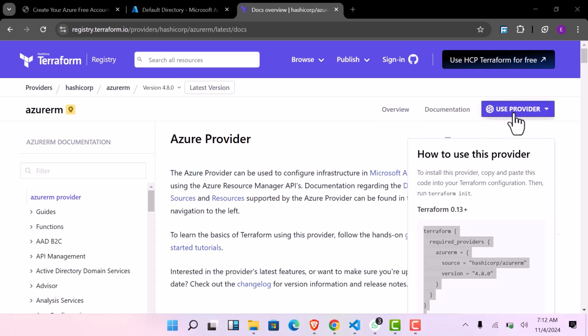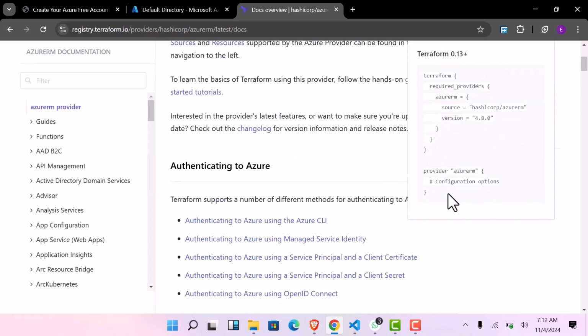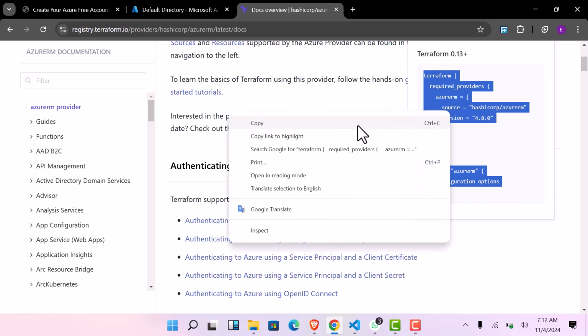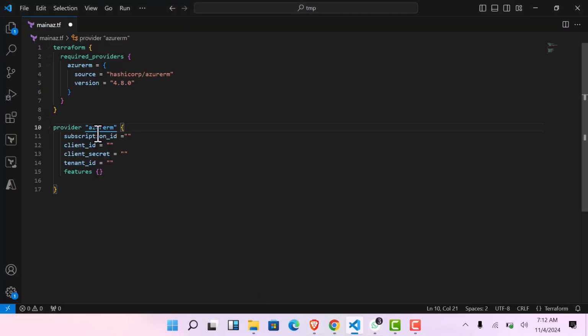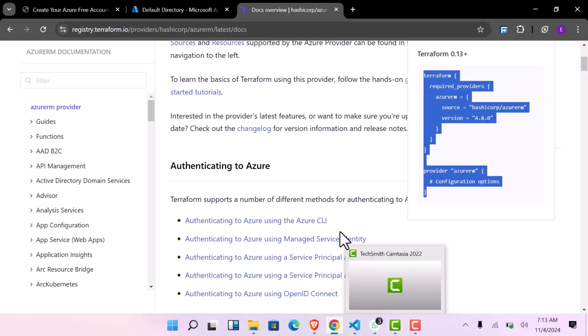We have clicked on use provider. We copy this and edited this here. We can copy, come over here and paste it in our Visual Studio Code for our files, for our Terraform file, Terraform maintenance file. Okay, so what we need to do next,